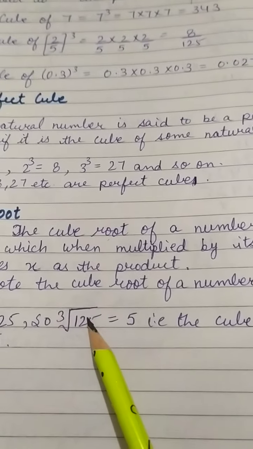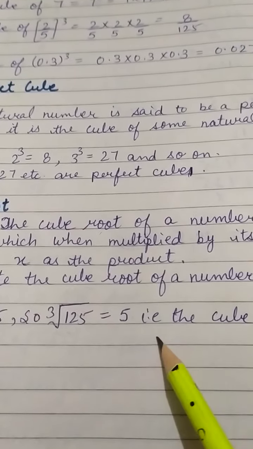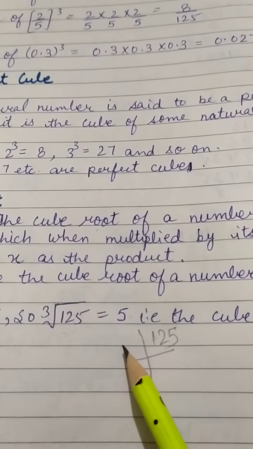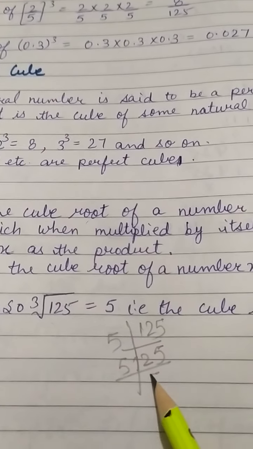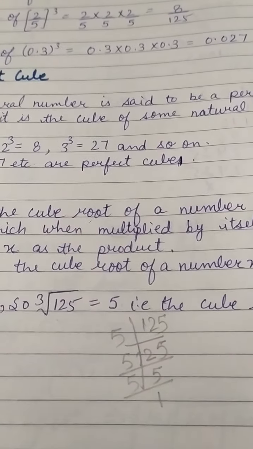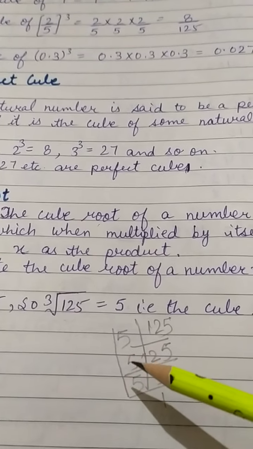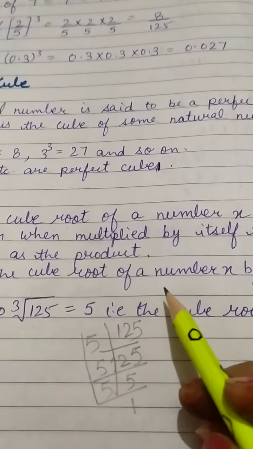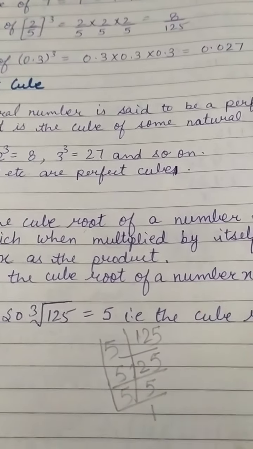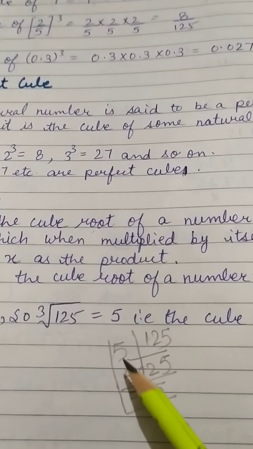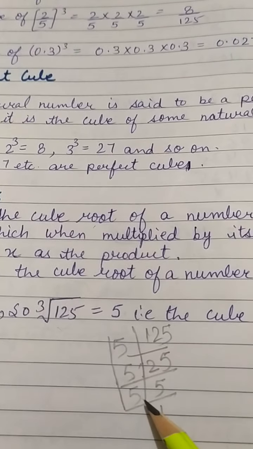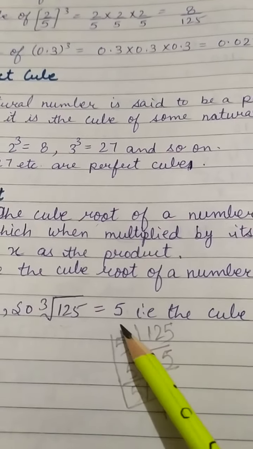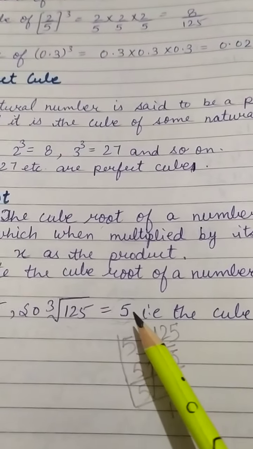Got it? We have to find the factors of 125. 5 times 5 is 25, 5 times 25 is 125, and so on with 5 and 1. So we have triplets. In square we have 2 numbers, so we made 1 pair. But in cubes, we have to make groups of 3, means triplets. A triplet forms one group. So 3 fives form 1 group. So it will be 5.